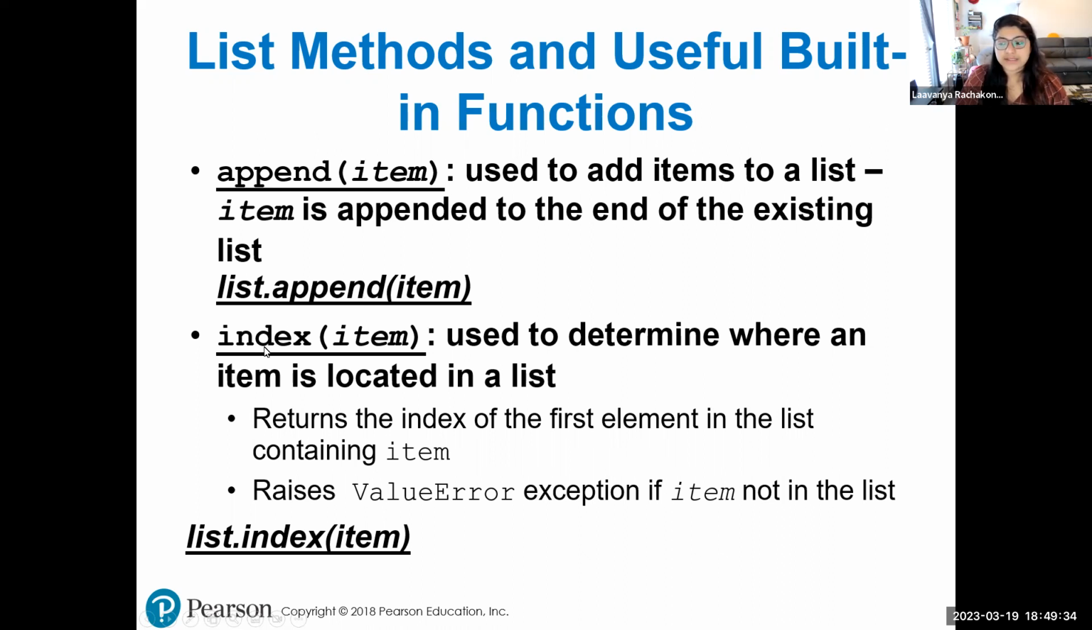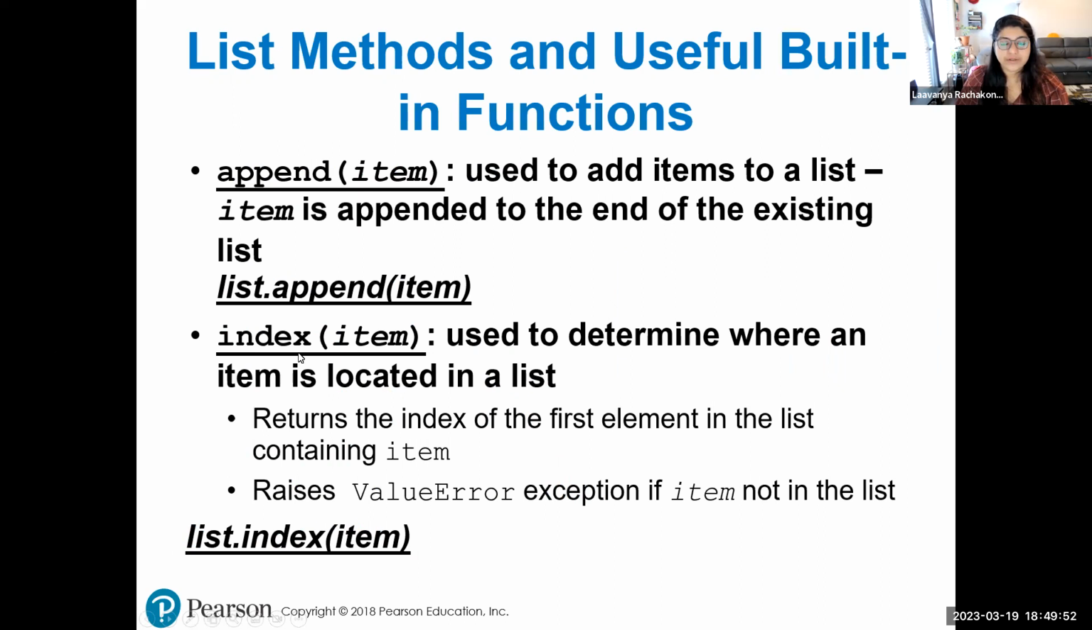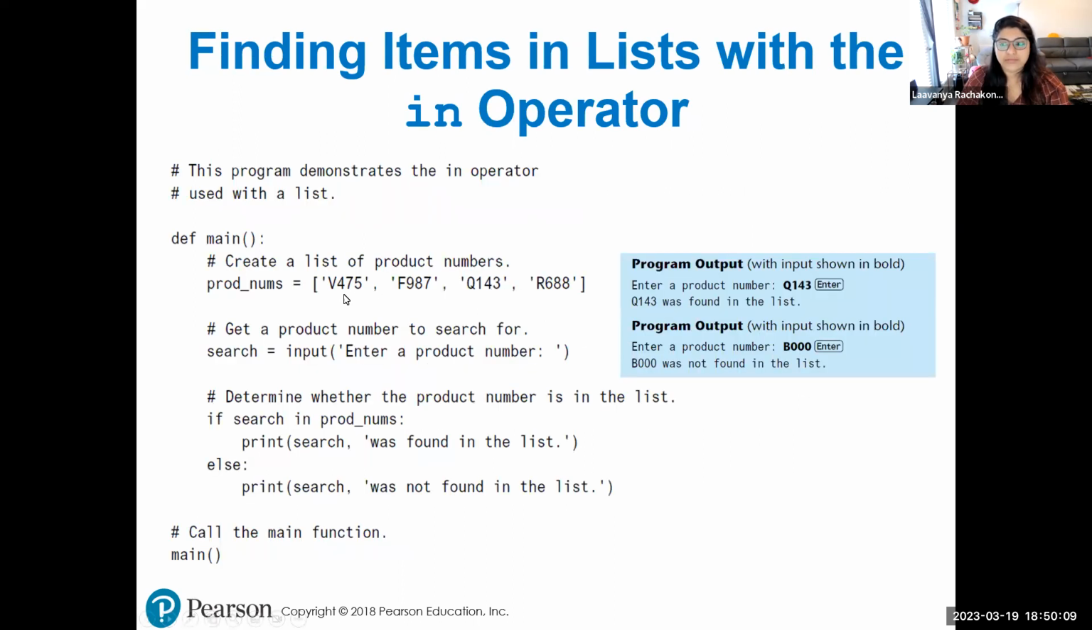Next method is index. It is used to determine where an item is located. So let's say you have a list of various product numbers, from the previous example. If you are trying to locate where Q143 is, you can just use the index method to locate the position of that particular Q143. So here we have list.index Q143 as your syntax, and 2 will be your output,